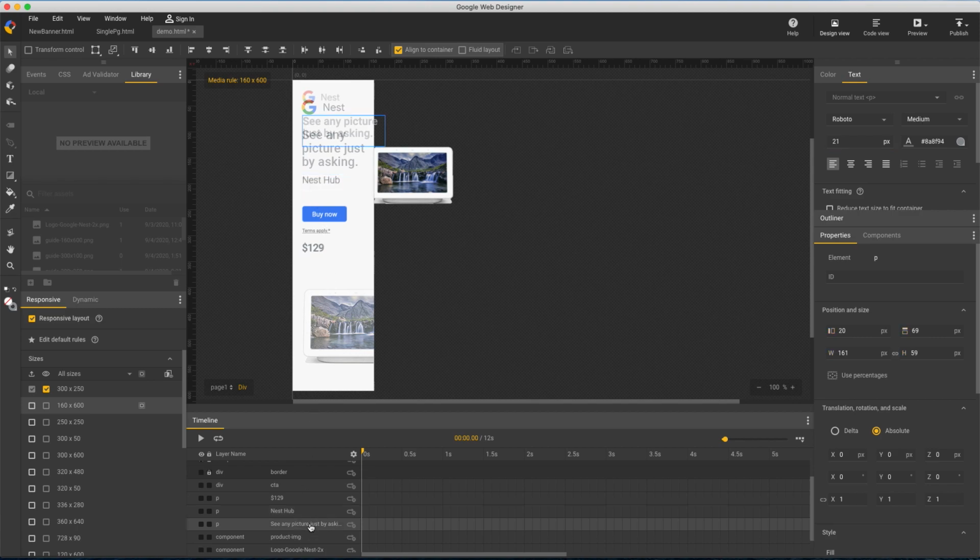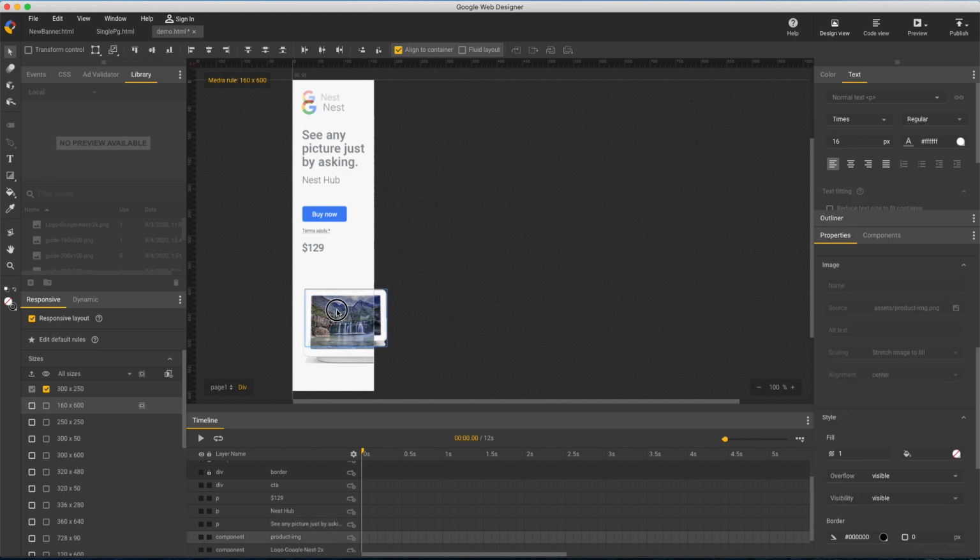Next, the headline. Again, position the top left corner, resize the text box, increase the font size, then nudge it into the exact position.